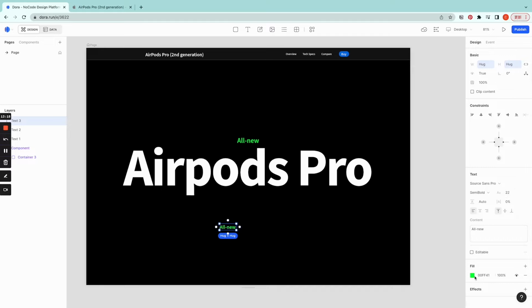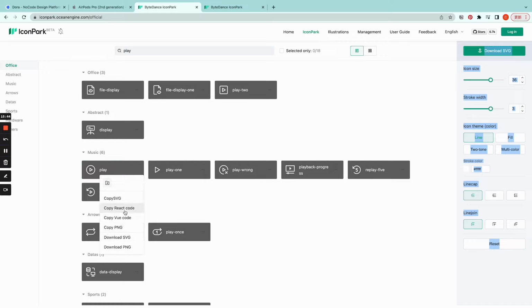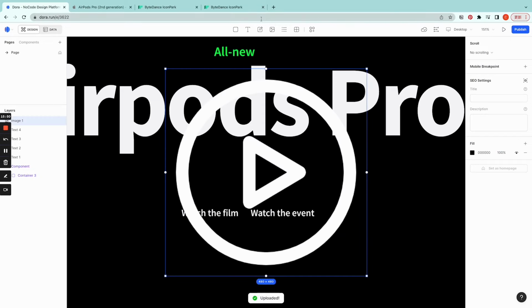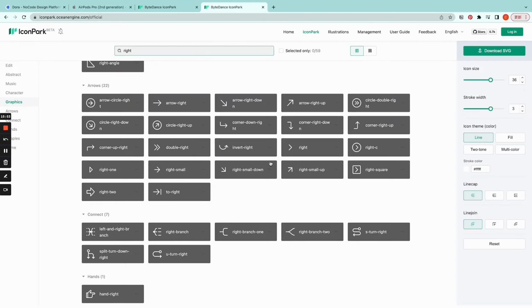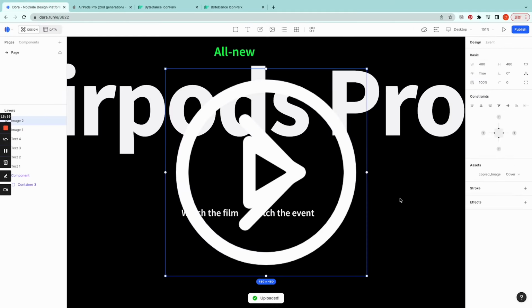And then for the buttons, I'm gonna do it separately. One thing is that there actually is a small icon there. The credit here goes to ByteDance Icon Park, and I'm using the play button and the right arrow as well. So I'm just gonna click copy PNG and go back to Dora and press Ctrl V, or Command V if you're on a Mac,